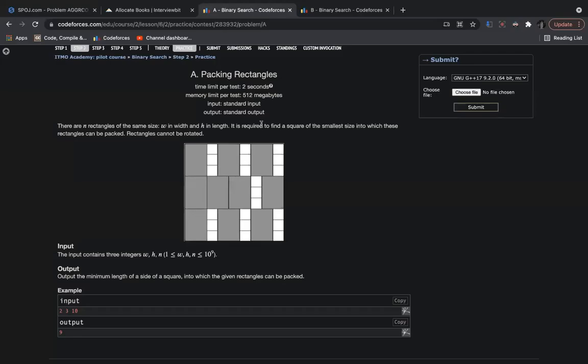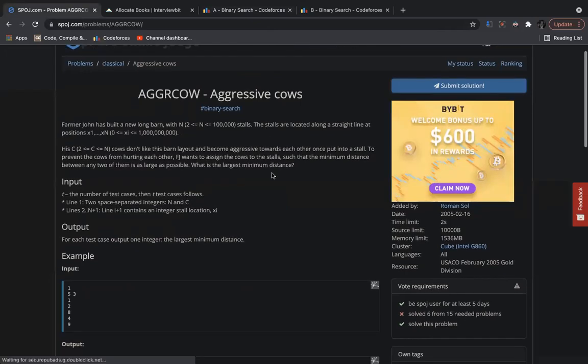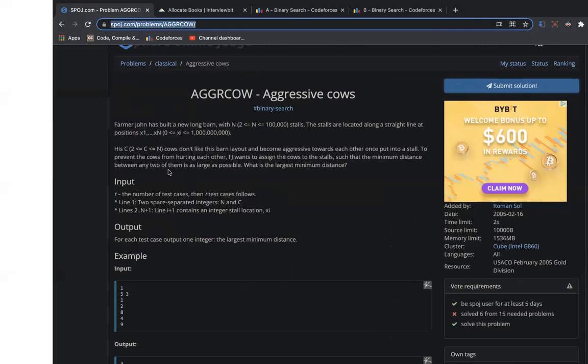And the problem which we will be tackling now is another very standard problem for binary search for answer. And this is one of those problems that most people do when they learn this topic for the first time, so we are going to do the same. This problem is called Aggressive Cows, and it is from SPOJ. And again, I'm going to send the link to the problem in the chat box. So the link is in the chat box. So let's see what this problem has to say.